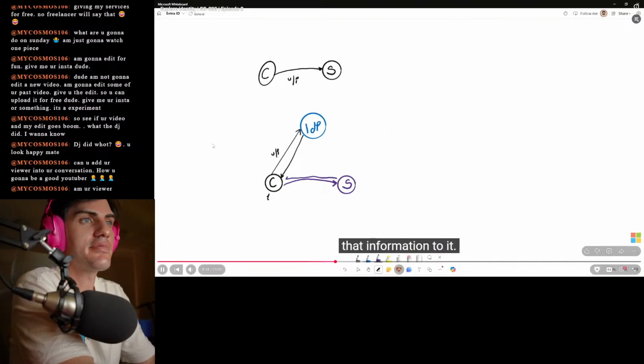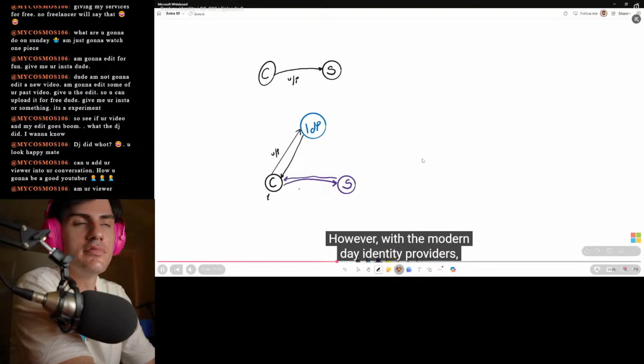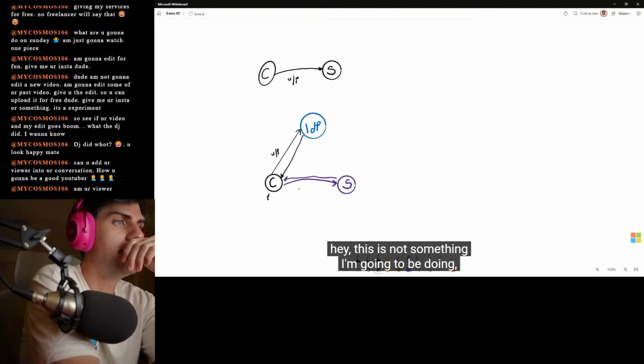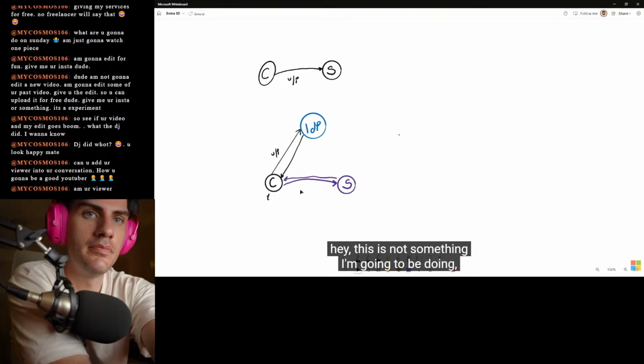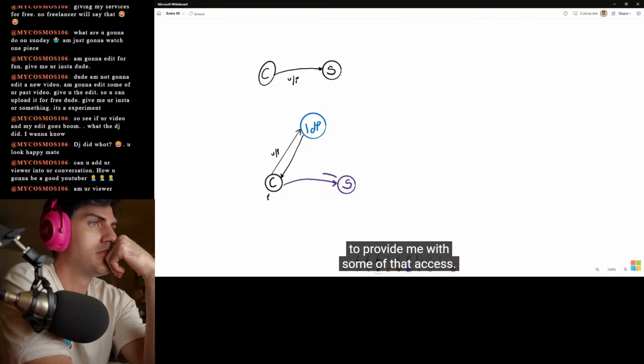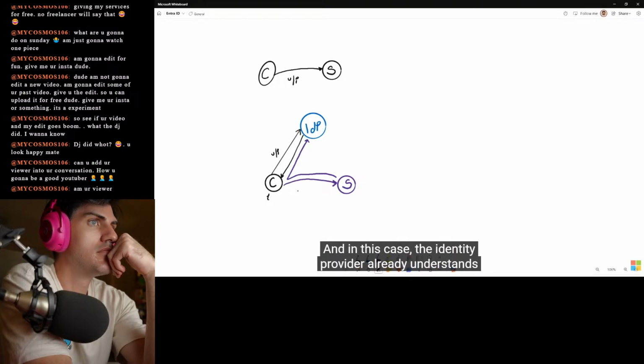Send that information to it. However, if that's what you're referring to. Modern day identity providers, this is something that it can simply take away and suggest, hey, this is not something I'm going to be doing. I have a service that's available to me that's going to provide me some of that access. So it will bounce that to the identity provider that it belongs to. And in this case, the identity provider already understands this client because it's already authenticated their client. It knows who their client is. And based on that, it will